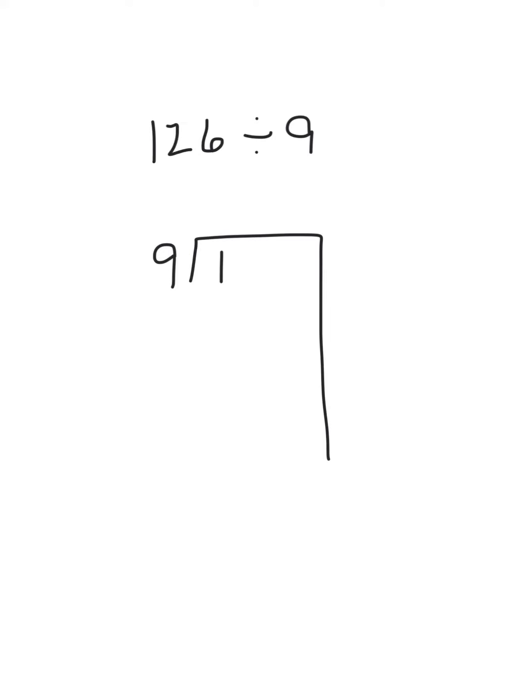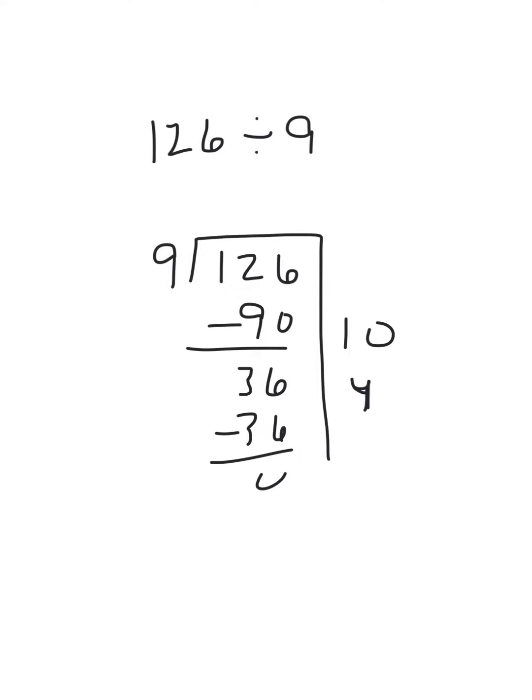So if we had, let's say, 126 divided by 9, we remember how to use partial quotients. We know we can definitely put 9 groups of 10. That's 90. We still have 36 left. But we know 9 times 4 is 36. There's none left. So we're saying the answer would be